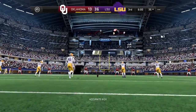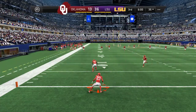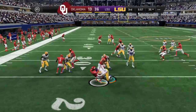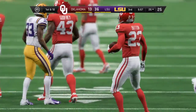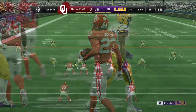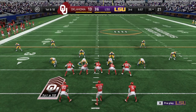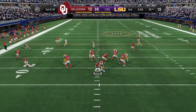The winner goes on, the loser goes home as we start the second half in this semifinal matchup from Arlington. This is fielded at the goal line. And not a bad return here. He gets it out to the 25-yard line. The Sooner offense back out, ready for their next possession. They have the ball here for the inaugural drive of the second half. Pretty big deficit, though. We'll see what it...